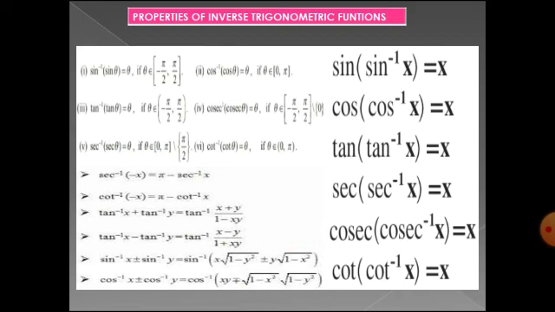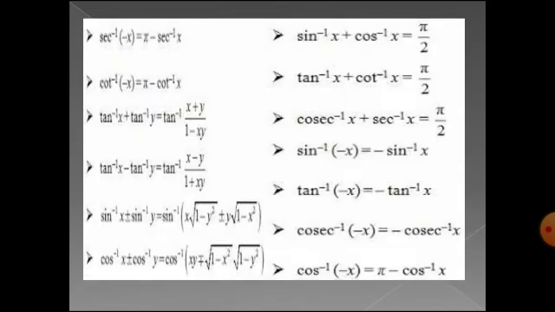So cos inverse of x plus or minus cos inverse of y is equal to cos inverse of xy minus or plus square root of 1 minus x square into square root of 1 minus y square. So these are nothing but the properties here, and in the same way here we have got the theta value, and here is nothing but the x, but here it is sine inverse of sine theta. Sine of sine inverse x is equal to x, cos of cos inverse of x is equal to x, tan of tan inverse of x is equal to x. Same way, if the inverse is towards this side, then also it is the same. The property will be the same.